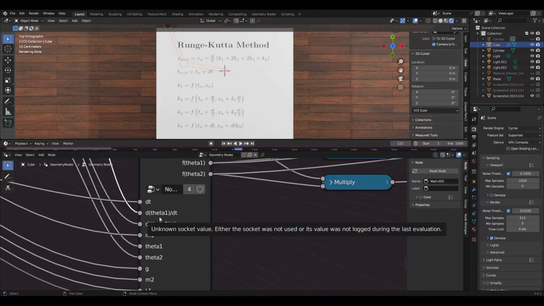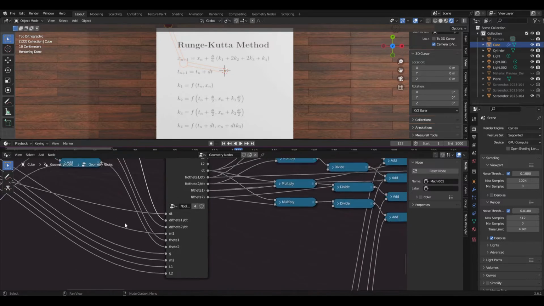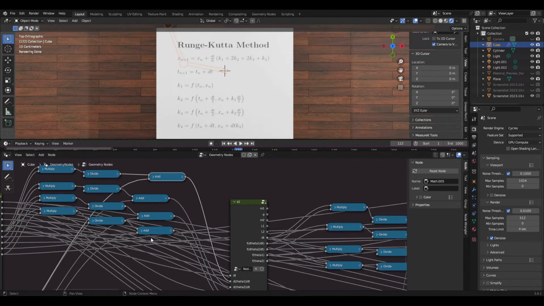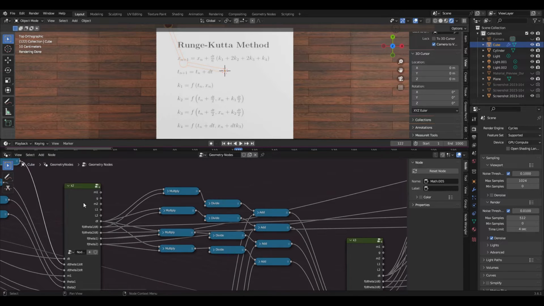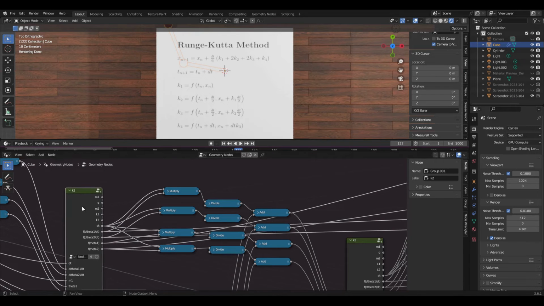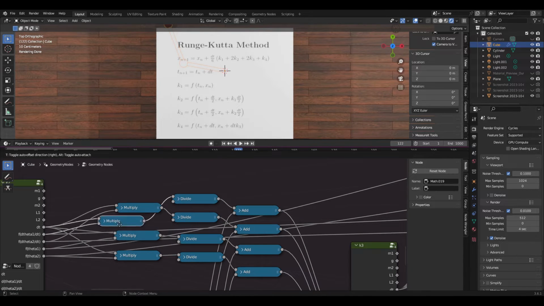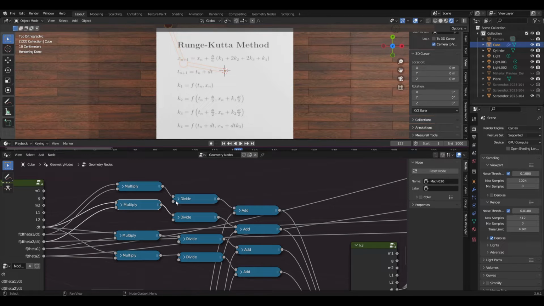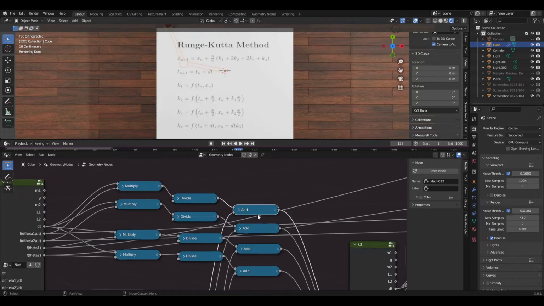So those all go into K2, and inside the K1, K2, K3, and K4 is the same structure. And so here I'm doing the same thing. I'm using K1 as the starting point, and then the delta t is divided by 2, and that's multiplied by the K1 that is added to x of n,